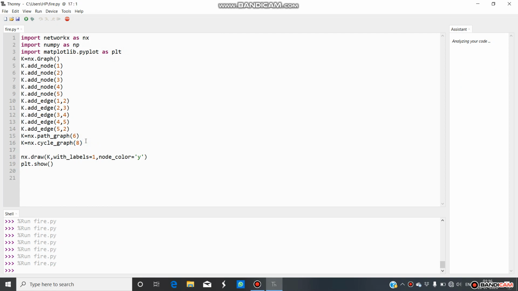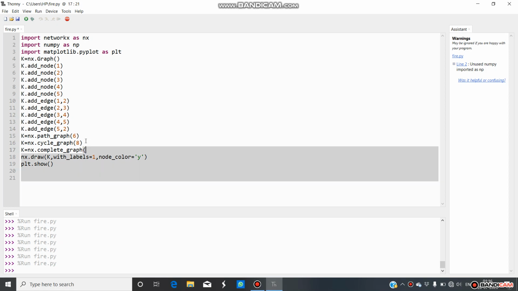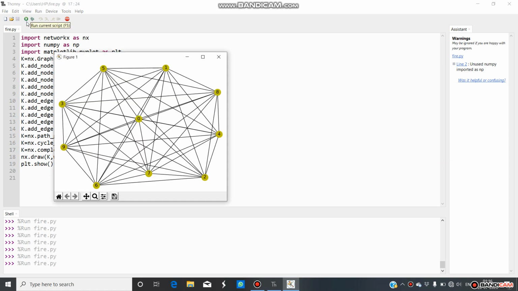At last we are going to create a complete graph by using the command k equals nx dot complete graph. I will compile it.